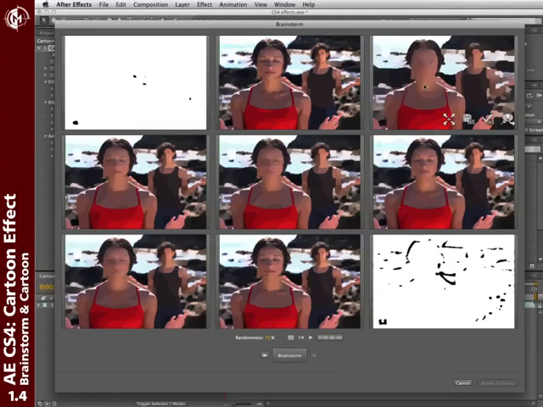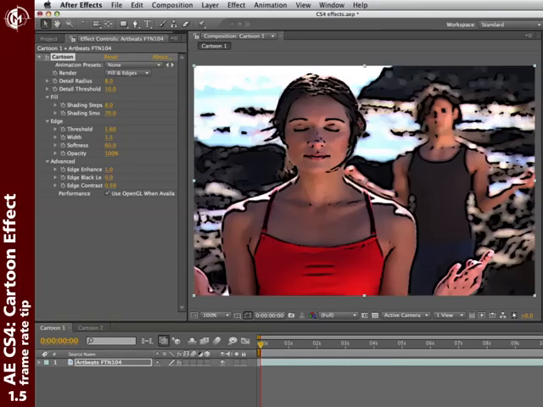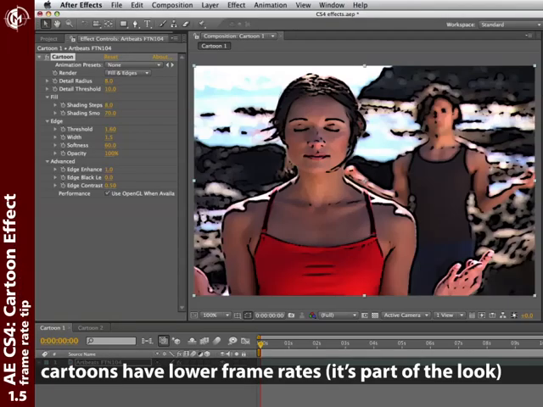This is a particularly interesting one as well. If you see something you like, go ahead and do Save as New Composition. It will save it off to its own brand new comp, and then you can continue to brainstorm and look for other alternatives. Now the last tip I'll give you about cartoon is it doesn't look quite right on live